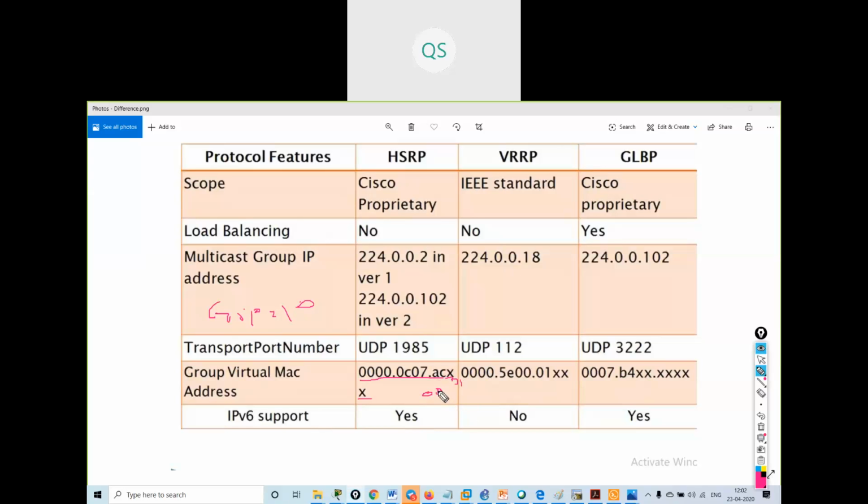So these two values change depending on the group number I am using for HSRP. Same over here, this is the virtual MAC address when I am using VRRP, and over here is the virtual MAC address when I will be using GLBP. Okay, understood?